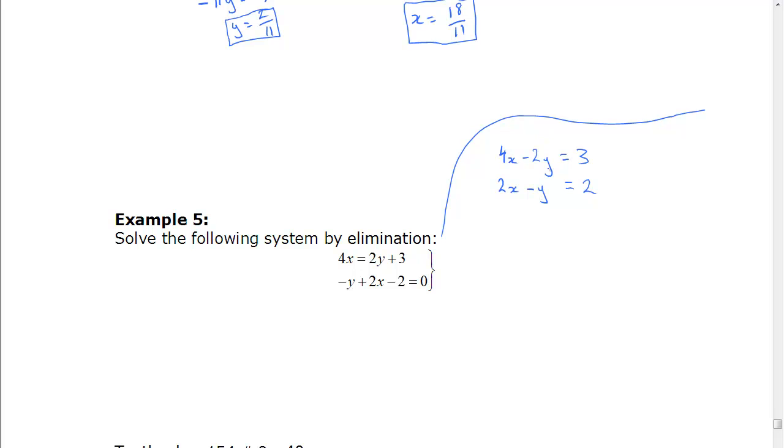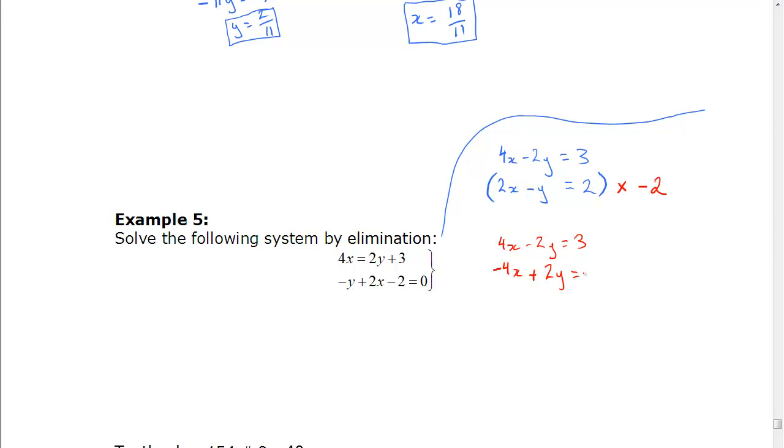Now, we want to eliminate a term. So in this case, let's eliminate the y. We have minus 2y's up top. We have minus y on bottom. So what we're going to do is take the bottom equation and multiply it by negative 2. We have negative 2 on top. In order to add, we need the opposite coefficient in the bottom. So negative and negative is going to give us positive, and the 2 means they'll be equal. So what we end up with is 4x minus 2y on top equals 3. And on the bottom we get negative 4x plus